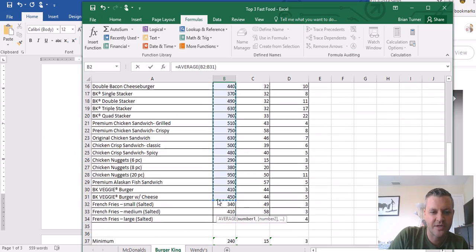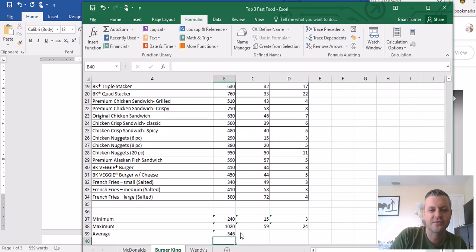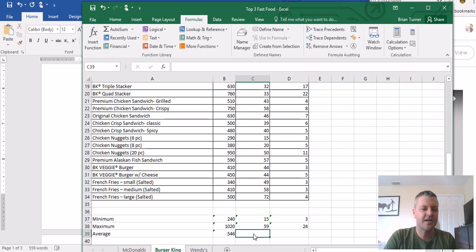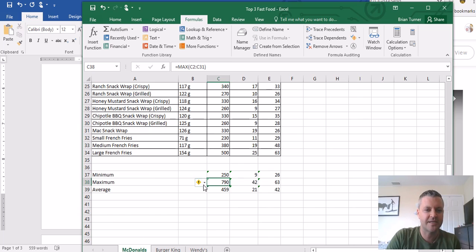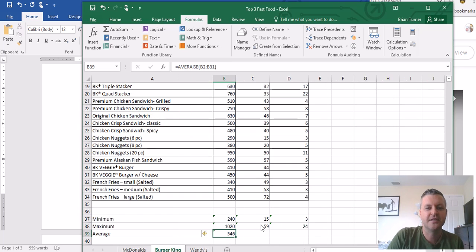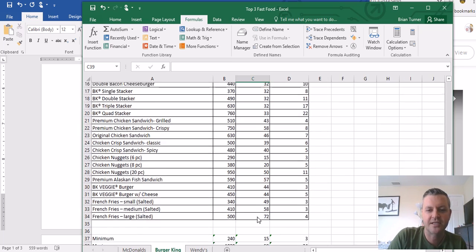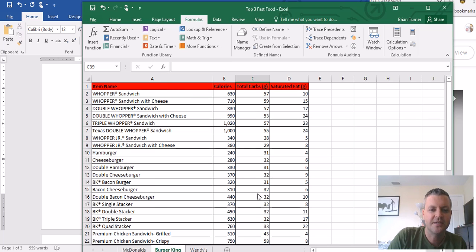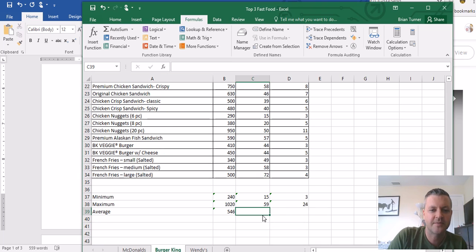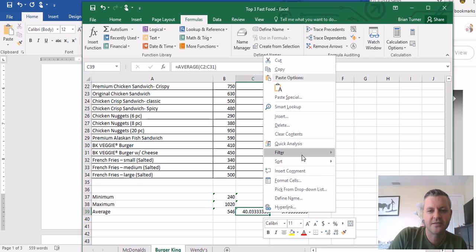Now notice how we're not doing Taco Bell or anything like that. That'd be interesting to do too. So the average calorie count is 546 compared to McDonald's average calorie count of 459. Burger King definitely packs in the calories a lot more than McDonald's does, and just all across the board, just about. So let's go ahead and pull this over, boom,